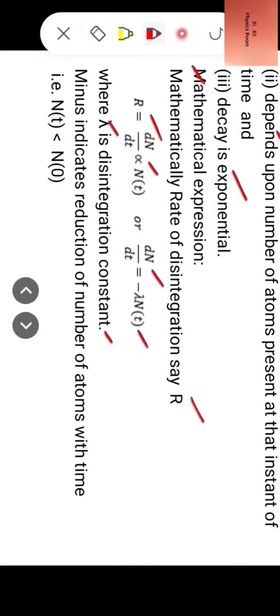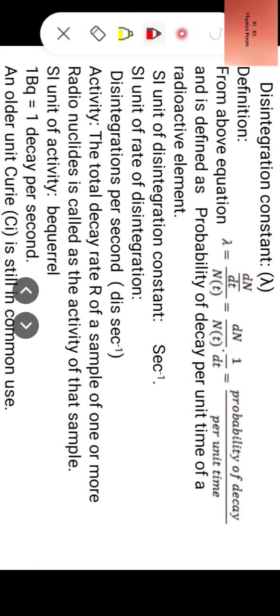Minus indicates reduction of number of atoms with time, that is Nt is less than N0. Now, let us define disintegration constant lambda. First we take up its definition. From the above equation, that is dN by dt is equal to minus lambda Nt,